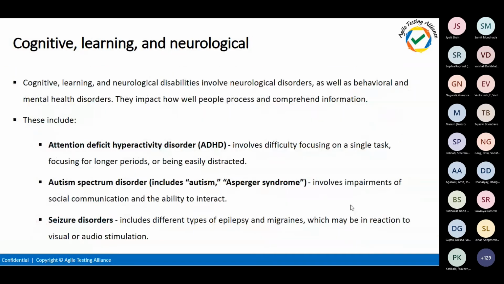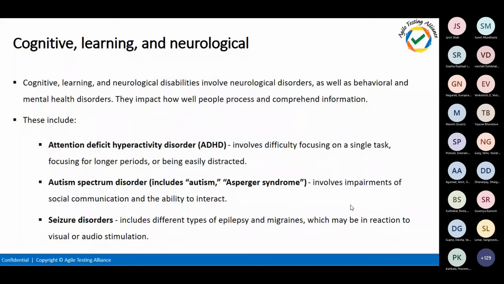When it comes to cognitive disabilities, people might have ADHD, and they might forget how to complete the flow or process. They might even forget where the login button is or how to log in. So if there is a form, there should be a help option kept next to it, and jargon and similar things should be avoided for better learning for these kinds of people.